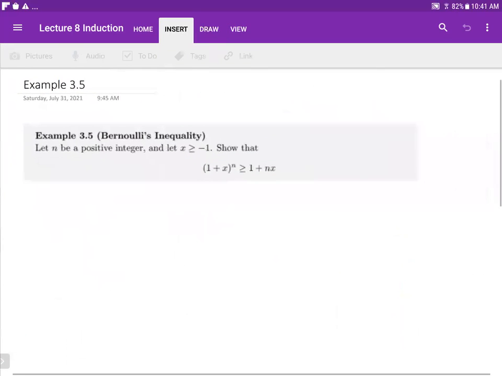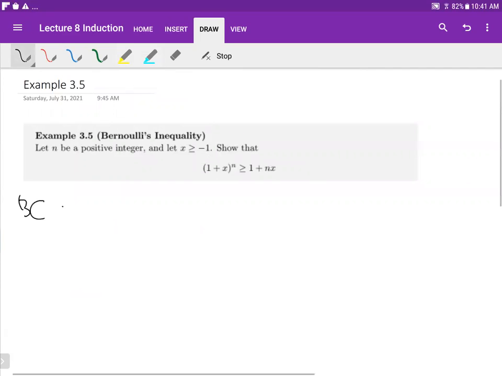Now let's try to prove a statement called Bernoulli's inequality by induction. So let n be a positive integer and let x be greater than or equal to -1. Show that 1 plus x to the power of n is greater than or equal to 1 plus n times x. So for the base case,